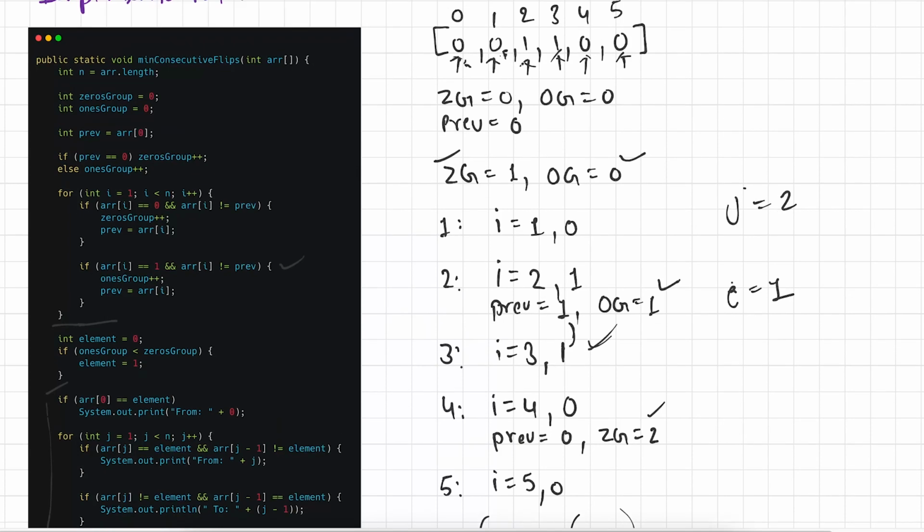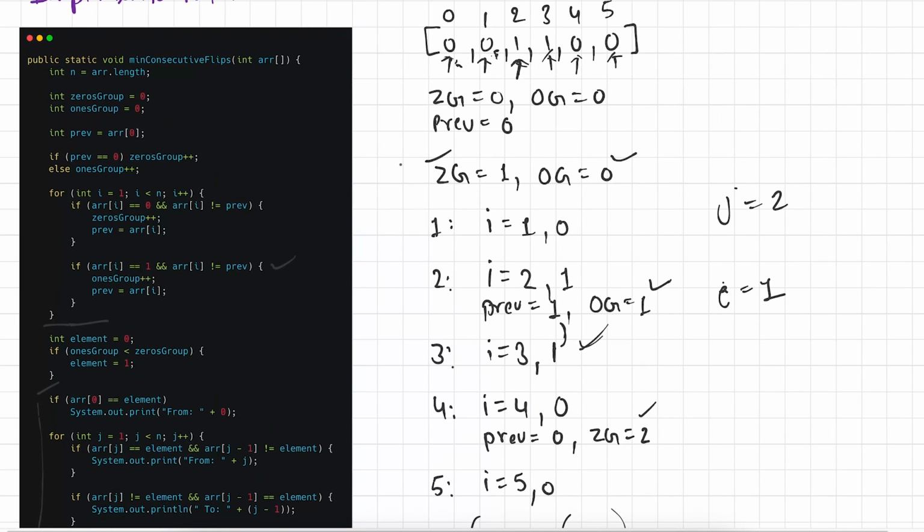In second index we have 1. So we are checking if ARR of j is equal to element. This time element is equal to 1 and ARR of j-1 is not equal to element. It means the previous element is not equal to 1. This is also correct. So in this case we are printing from